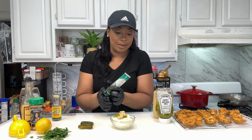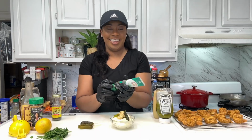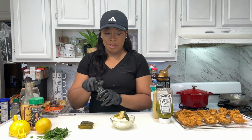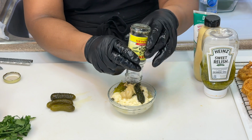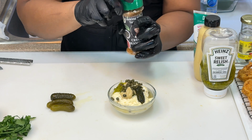Now, in a traditional remoulade sauce, you don't add dill, but guess what? On Quick Bites with Tammy, you're going to add some dill. If you don't have dill paste, you could definitely use fresh, or if you want to omit it, leave it out, you definitely can. We're going to add some capers. I have a little bit left, so I'm going to add everything, the juice and the actual capers. We're also going to add some of my Creole seasoning,